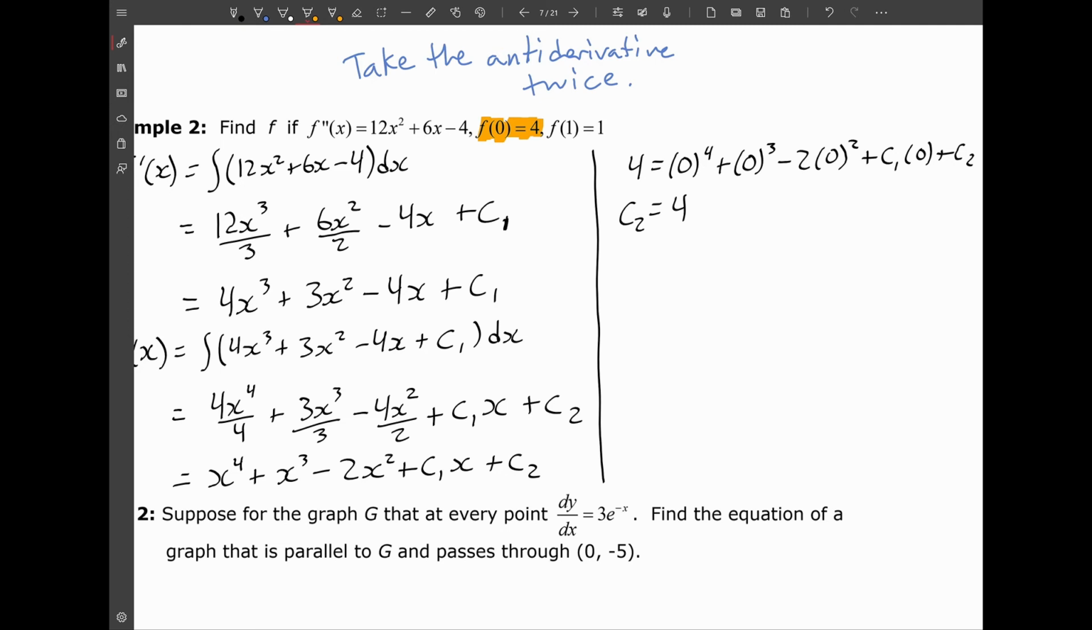So c2 is equal to 4. That's what we got out of our first condition that we were given. But now we need to solve for c1. We haven't got c1 yet, so we're going to have to go back to our equation. And this time we're going to use our second condition,